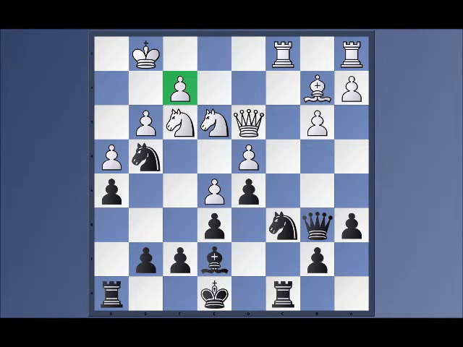So now is the time for me to remove the f2 pawn by... oh, not yet. First I played king to d7, getting my king out of the way so I could play rook to g8, of course. And after a3, which I consider a null move from white,